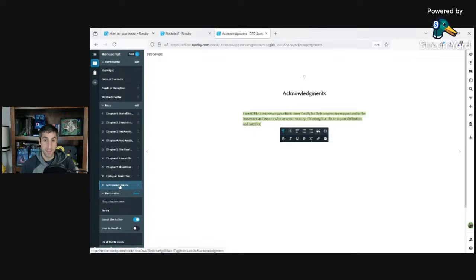And this is the template acknowledgments, but that belongs in the front section. And I can't move it to the back section. So you can see the front section is up here in the top left, and the back section is down here. So I wanted it at the end because that's how I like doing my acknowledgments, which means that I move this section from the main body into the back section. And then I can turn off the templated section in the front by just clicking the edit button. And you'll see me going through all those steps.